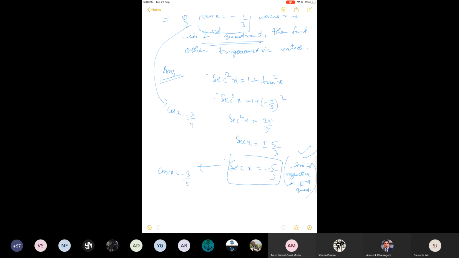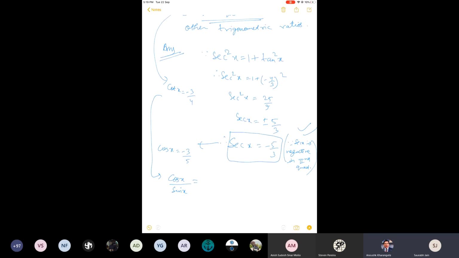Please see. Let us use this. We can use either tan or cot. See, what is cot? Someone was telling the formula. Now we can use the formula. This is a formula, not an identity. Cot is how much? Cot is minus 3 by 4, and cot is cos upon sine. Now in this we have the value of cos x. What is cos x? Minus 3 by 5. See yourself. Minus 3 by 5 is the value of cos x.